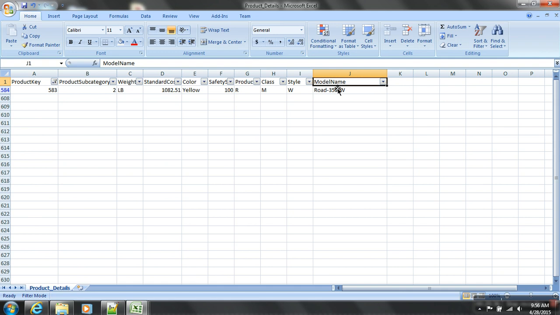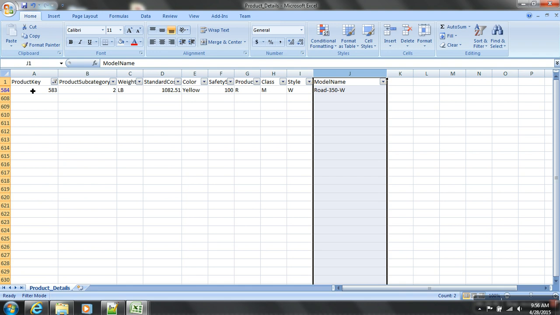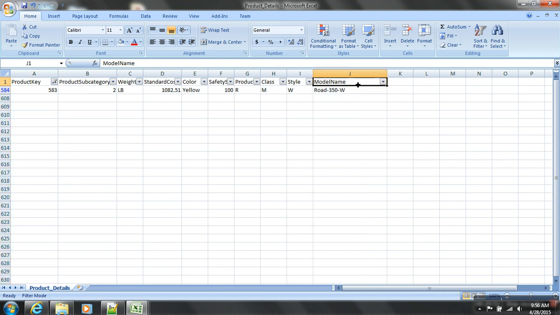But I can use the property model name in the reporting to replace my key. Instead of showing 583, I will show Road 350W, road bikes 350 series. If I give key 583, you may not understand this. So can I plan to store this in the text information, and store the rest in my attributes? Anything wrong? Can I model it like this?